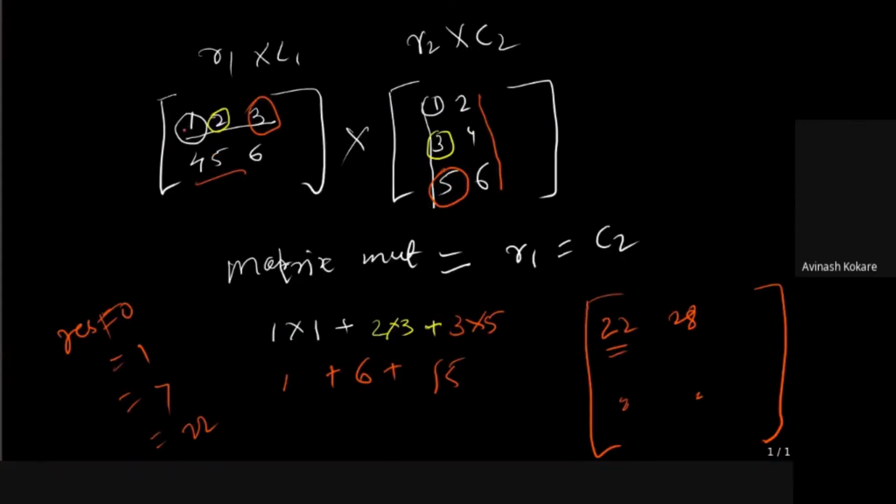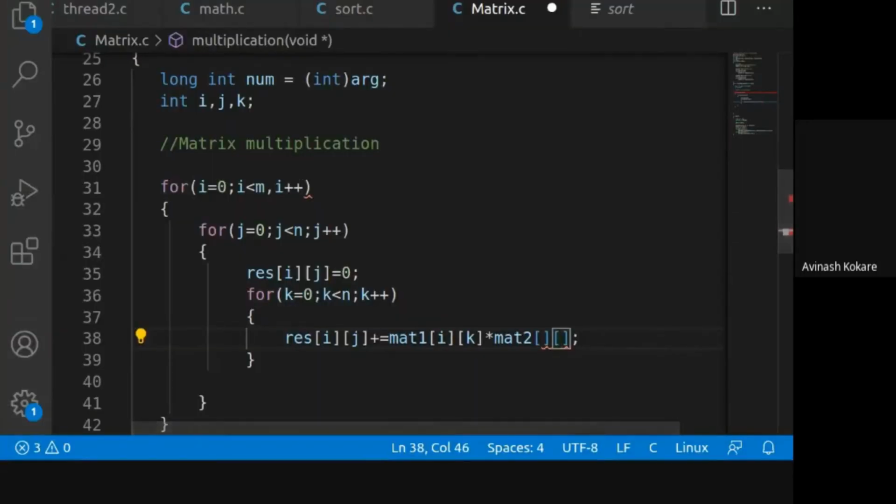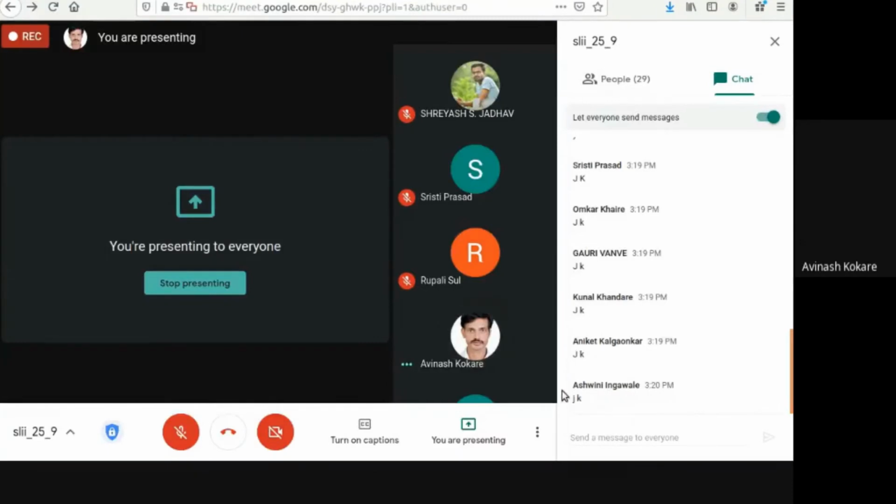And in the first matrix, the column index is changing, going from the first column to the second column, then the third column, and the row remains the same, that is 1. But here the column remains the same, but the row is changing: 1 here, 2 here, and 3 here. So what should be the values? Yes, anyone? JK?